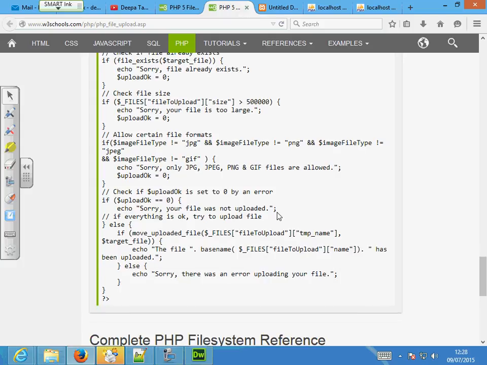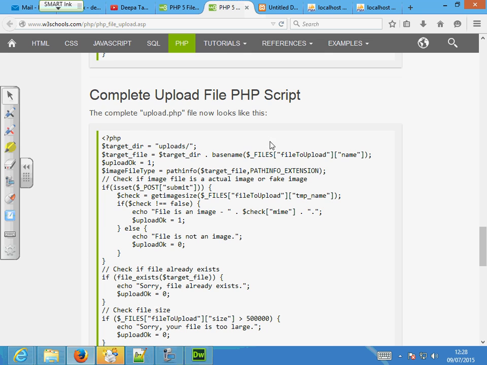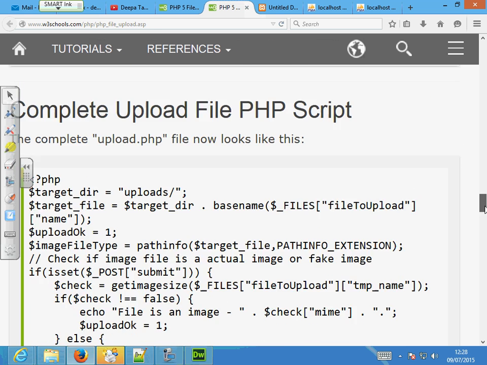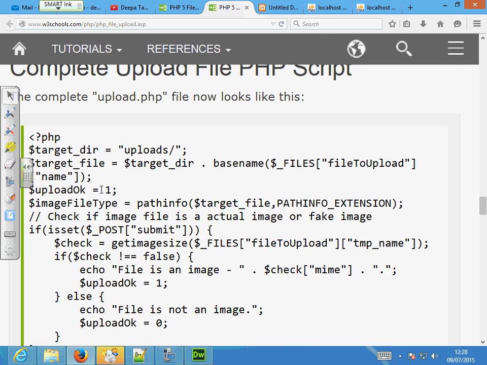Yeah, the whole big code, right? But if I look at this code, we need to know where to put this and what it is doing. Here, it's general PHP code, and it says it's creating a variable called target directory. Your target directory is event images. In your case, you want the image to be stored in a folder called event images. Is that right? So this would change in our code, right?